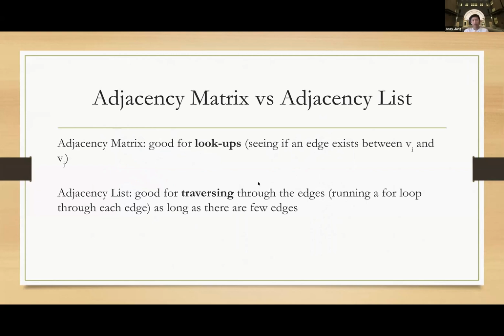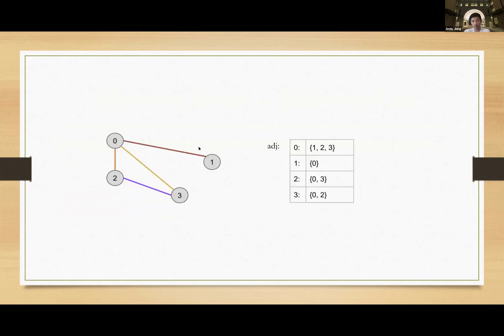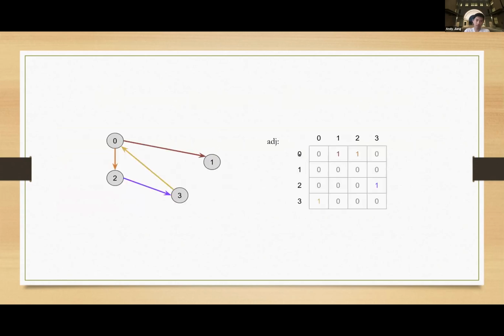So let's analyze the differences between the matrix and the list. For the matrix, it's useful if we're looking for the existence of an edge between 2 vertices. So it's good for lookups. If I go back here, it's very easy to go to some row and then some column and see if there's an edge between them,